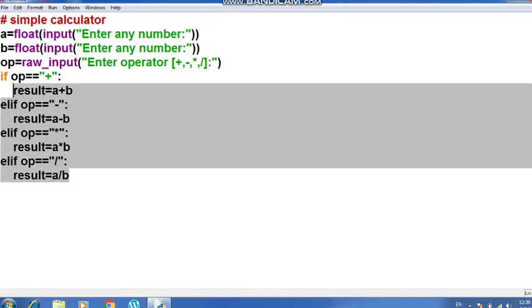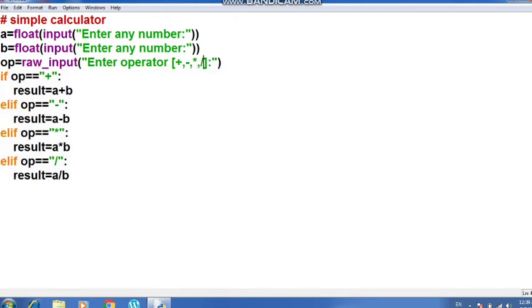is having the else part also, so we have to write the else part as well for this if. The different conditions I have already written. As many operators you will give the options to the user, you can write the conditions here. Now in the else part, what I am going to do, I'll write here else.